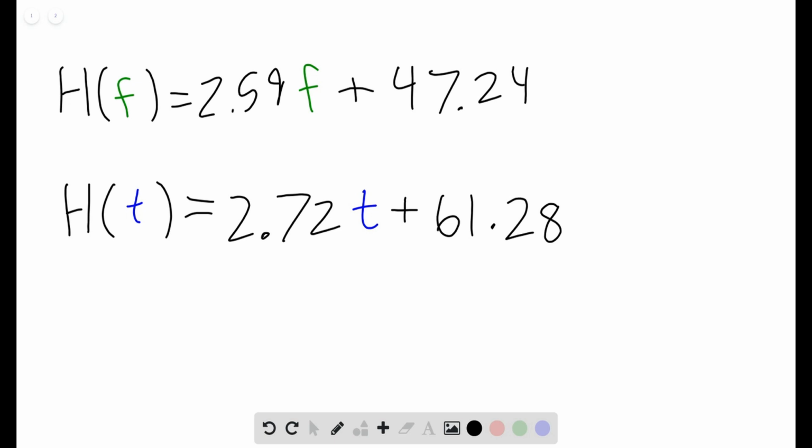Now they give you the femur, but they do give you two equations, so you have to first decide, okay, which one am I going to use? And keep in mind that even though these are both h of something equations, they are taking different inputs, and so they're going to give you different outputs based on which one you use. Specifically, the first one that they give you is for femurs, and the second one is for tibia length. So it depends which the length of which bone you know which equation you're going to use. So in this case, we know the femur length, so we are going to use